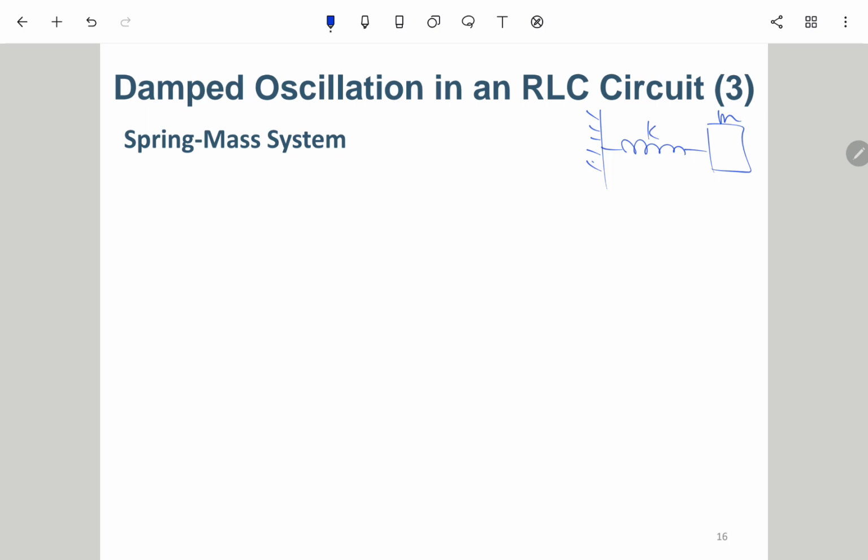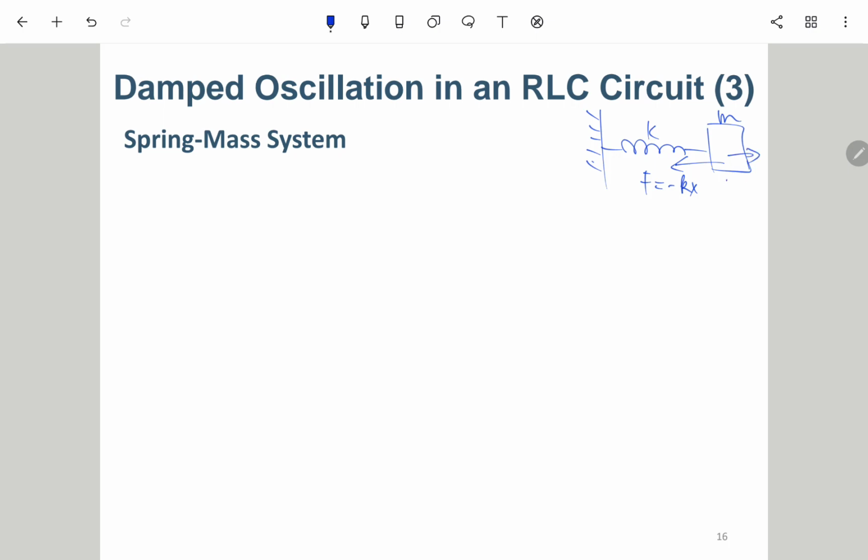At that time we only had the force due to this spring, F equals negative kx, which is Hooke's law. But here we also consider something like the frictional force, the energy loss due to the friction, the resistance force. So this F is actually